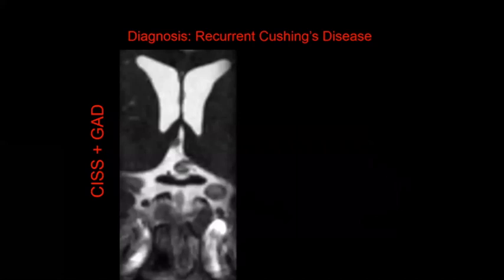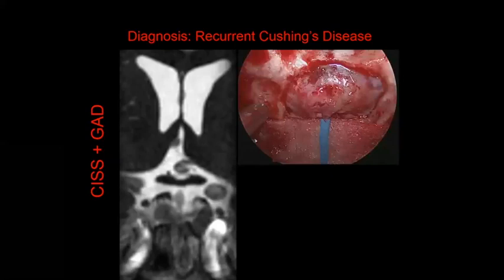Here's a patient on post-contrast CISS imaging in the coronal plane, a patient with recurrent Cushing's disease, and we're tasked, of course, with trying to figure out where the tumor is in this patient. We can see the mass here to the left of midline, and I want you to notice that this mass extends below the level of the floor of the sella turcica. That's a critical detail. It only extends by a few millimeters, but